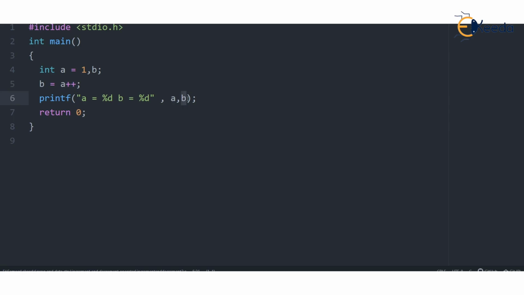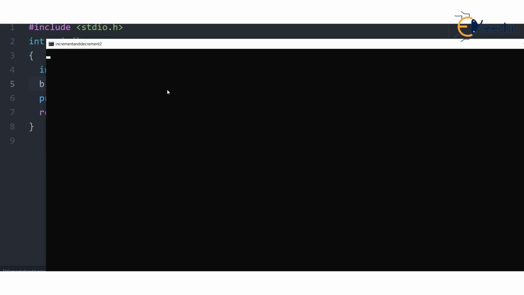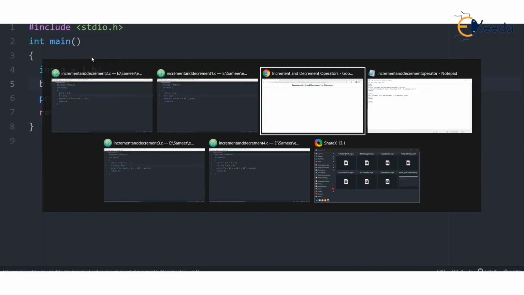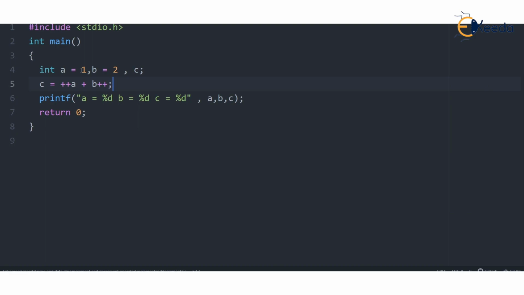Let's try to prove it. Thank God this time it has got executed in time. So a is 2 and b is 1. Okay. Let's see one more code. And we have something like a is 1 here, b is 2, and c is not known. Now how do you solve this expression? Come on, first you should increase a. So a will become 2 because this is prefix,